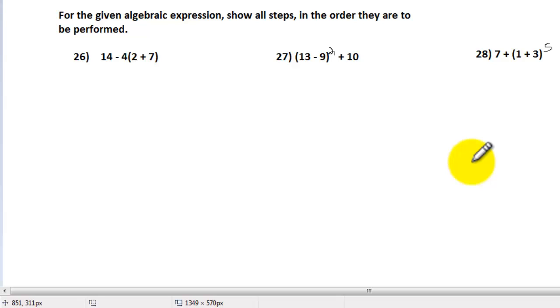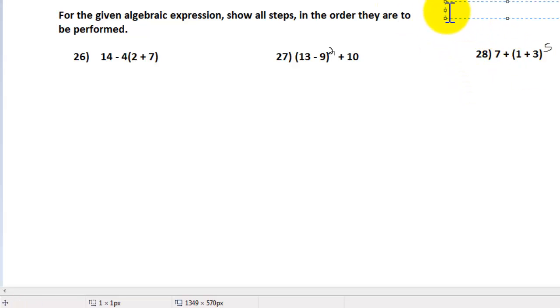Okay, with these three problems, it says for the given algebraic expression, show all steps in the order they are to be performed. So all that means is that this is the order of operations, essentially. So we have the PEMDAS,